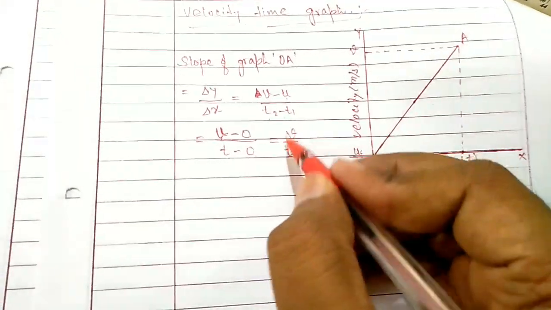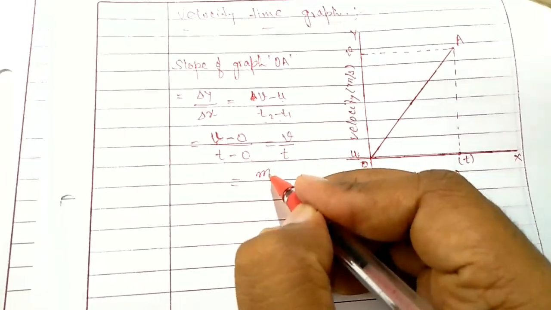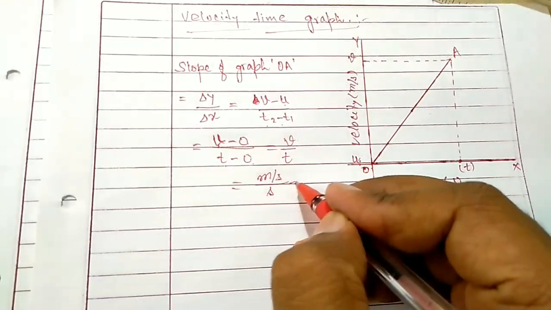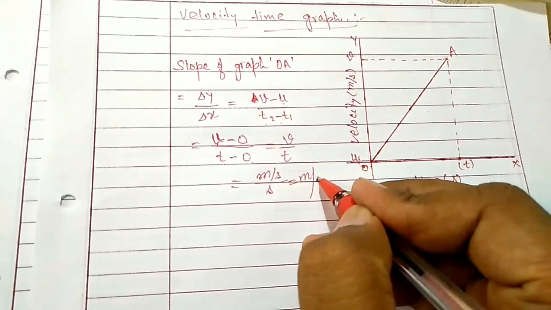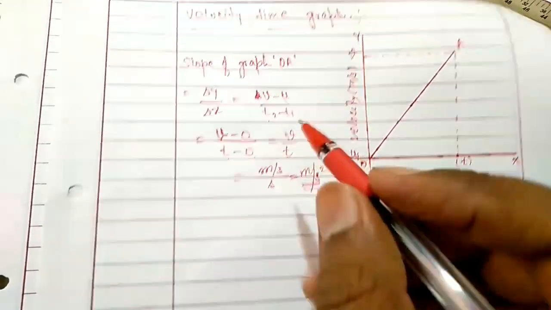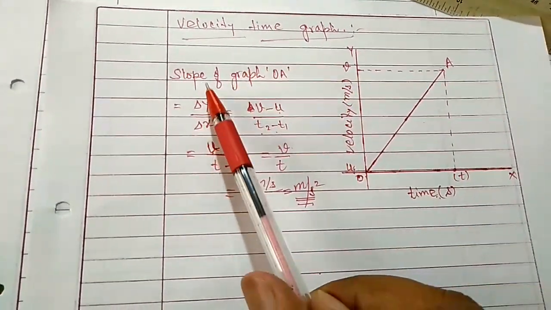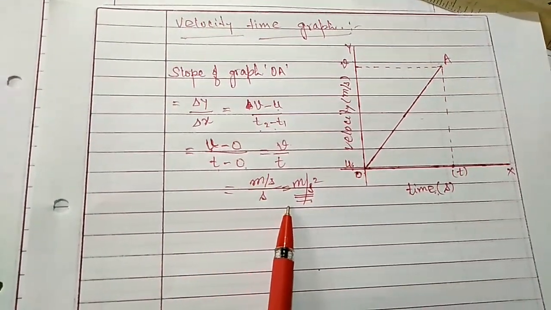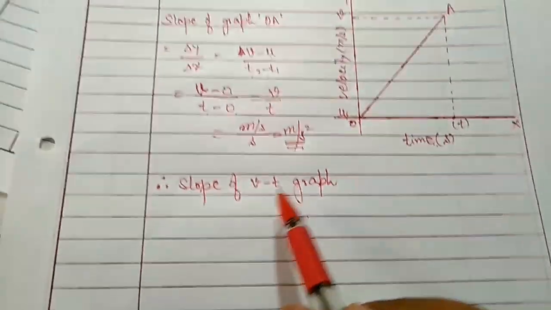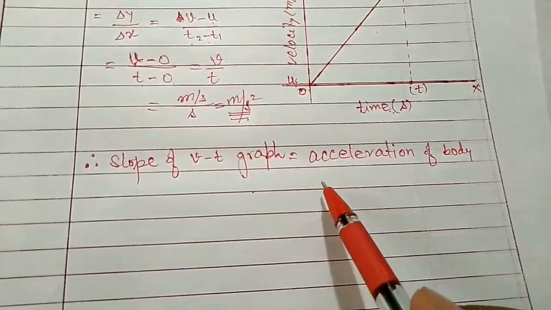And let's find which physical quantity it is by units. Velocity has a unit of meter per second and time has unit second. On simplifying, we get meter per second square. And which physical quantity is it? This is acceleration. So what have you got in the velocity time graph? If you calculate the slope, you are actually calculating the acceleration. Therefore, slope of the VT graph, VT meaning velocity time graph, is nothing but the acceleration of